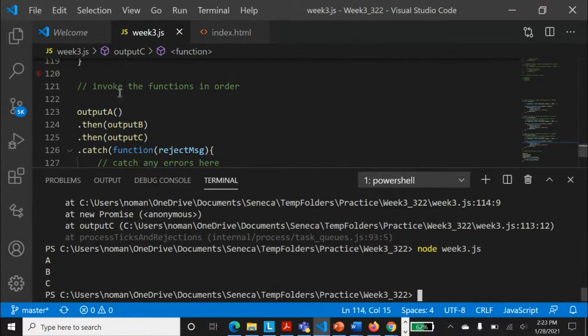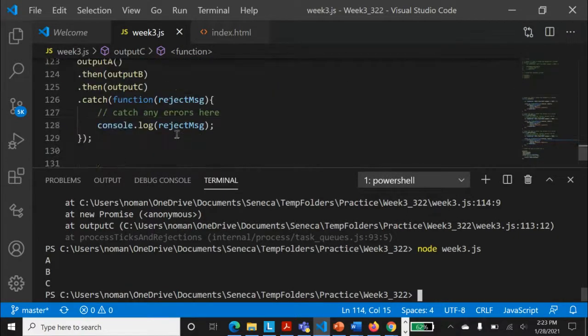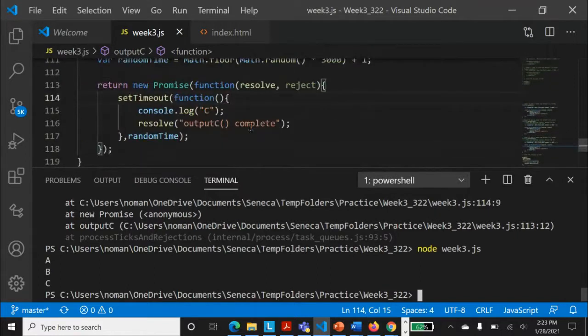So you say that without the promise, the program won't run. What do you mean by that, Rocky? Because without the promise, we are putting this promise specifically to implement this functionality, that once its working is done, once it is resolved, then it should go to the other part. Otherwise, it should not go to the other part. Okay, you said that without the promise, the program won't even run. Oh yes, without the promise.